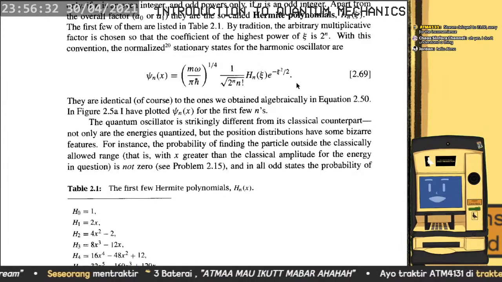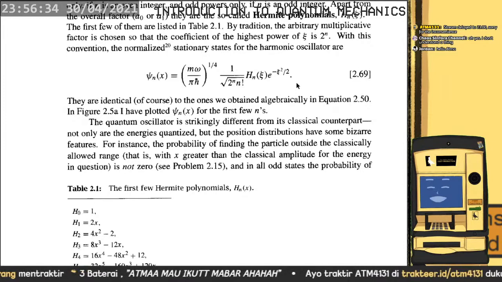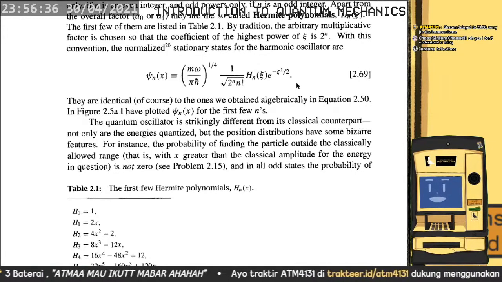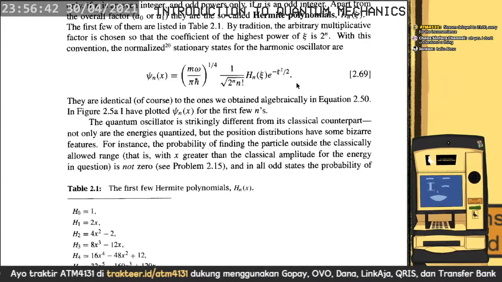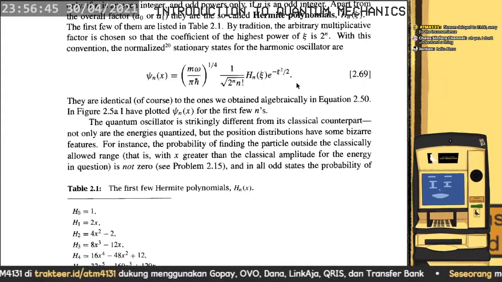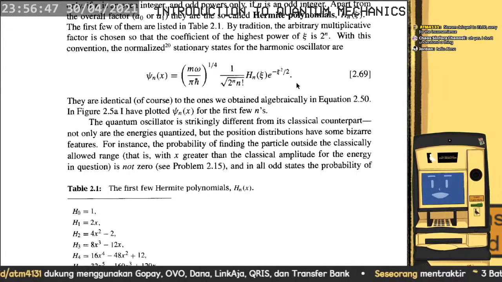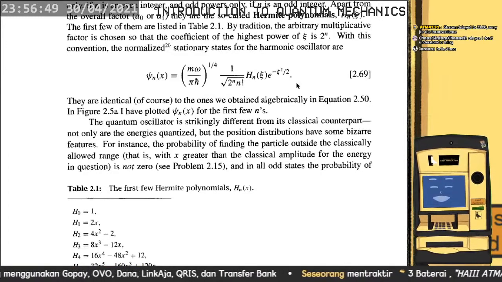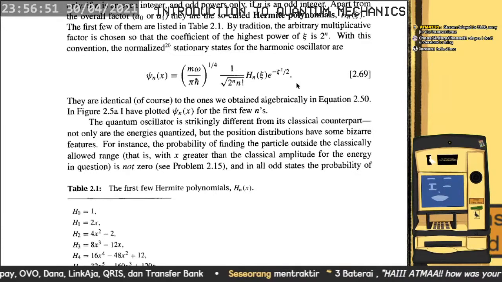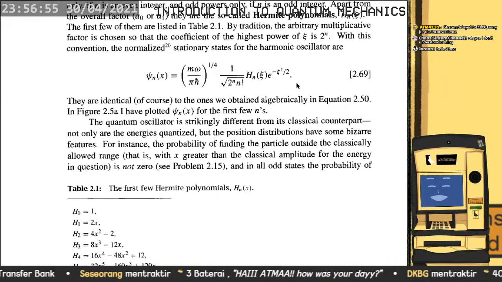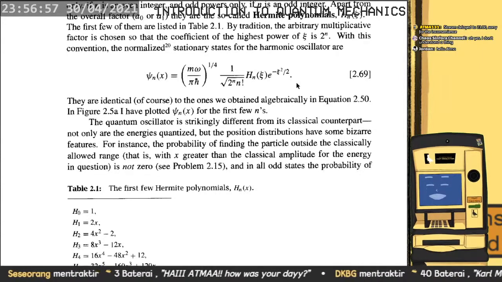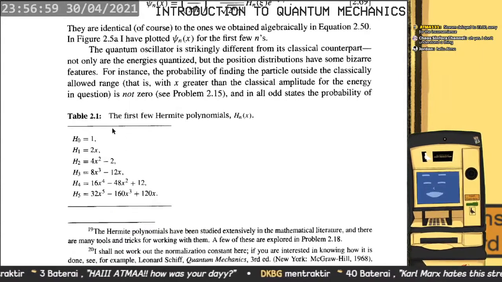The quantum oscillator is strikingly different from its classical counterpart. Not only are the energies quantized, but the position distributions have some bizarre features. For instance, the probability of finding the particle outside the classically allowed range, that is, with x greater than the classical amplitude for the energy in question, is not 0. See problem 2.50. And in all odd states, the probability of